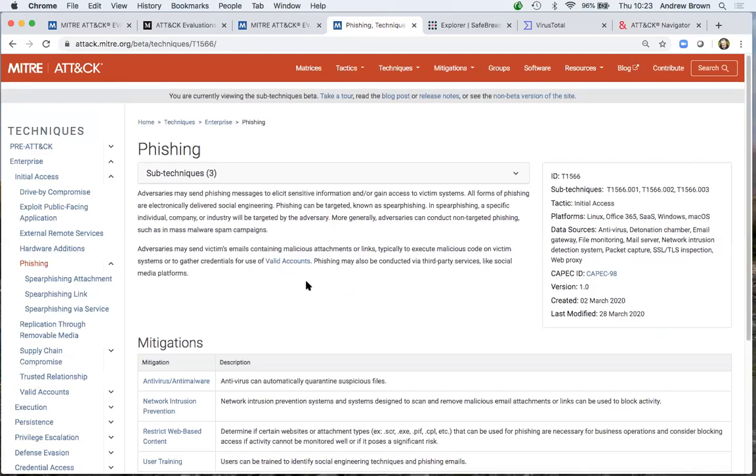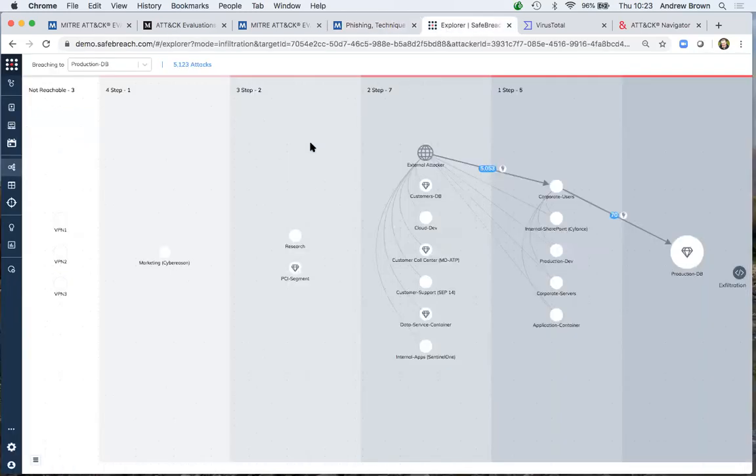And I must admit, with some of them, it's very useful to be able to drill down and find out this information underneath. I'm now going to move into our breach and attack simulation platform. It's a platform called SafeBreach, and this is a demonstration environment. Please, just like under the MITRE